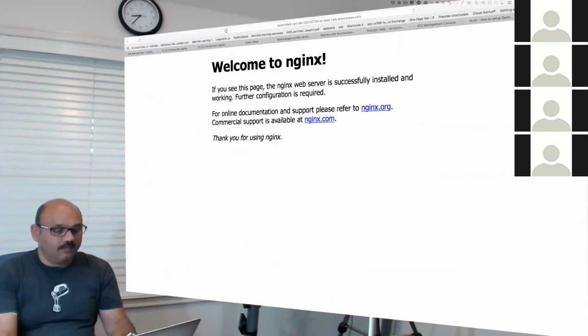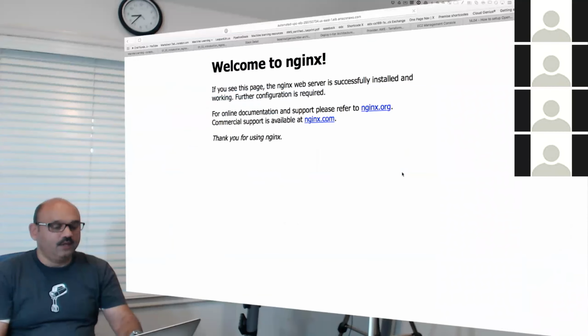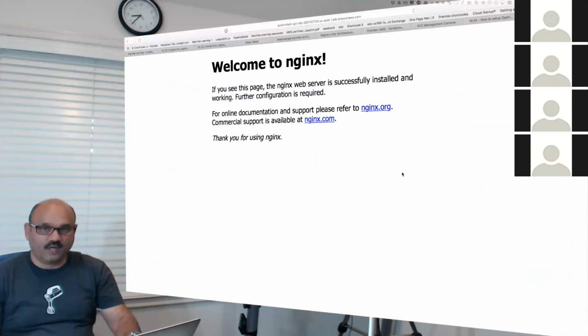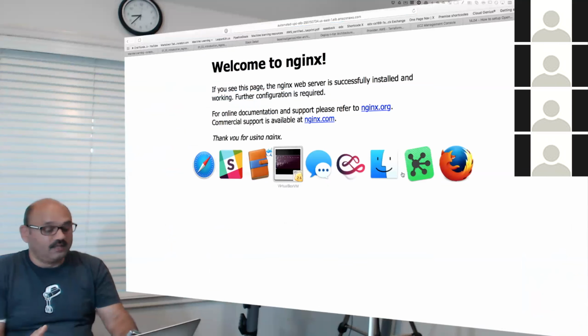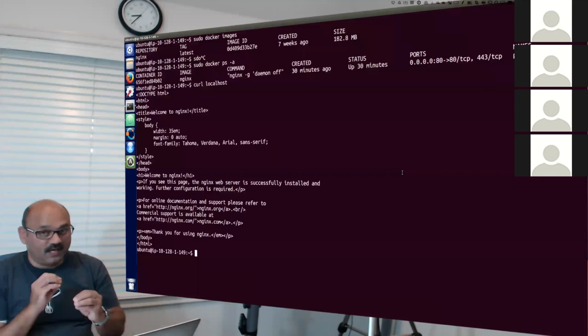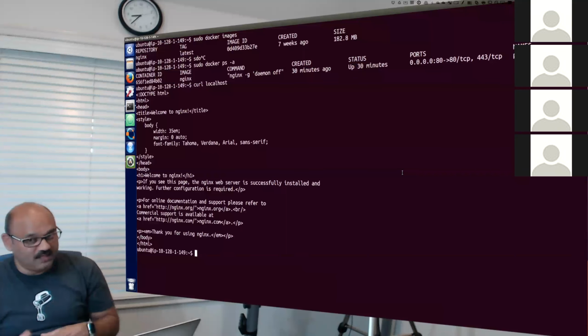But the problem with this Nginx, if you keep hitting, and by the way, all of us can hit the same location, you don't know whether it is app0 responding to you or app1 responding to you. You have no idea, because it is all Nginx on both machines. So I would like to make a change in the code itself to tell us, you and I, that you are now dealing with app0 versus app1, just to illustrate the point.